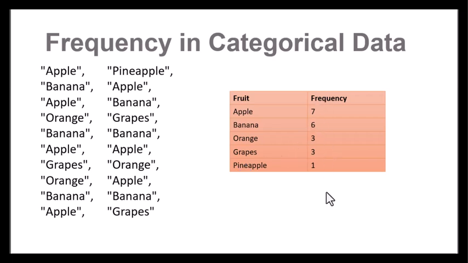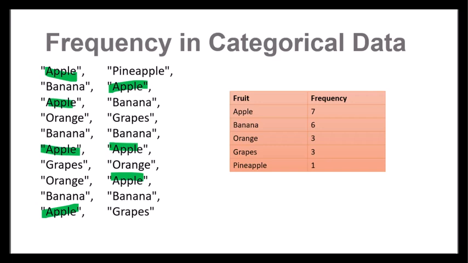So apple has frequency 7, meaning that there were 7 people, 1, 2, 3, 4, 5, 6, 7, that said apple was their favorite fruit. I'm seeing apple listed 7 times in this list. The frequency for banana was 6, orange 3, grapes 3, and pineapple 1. So this is a nice way to organize your categorical data and list out how many people listed each category